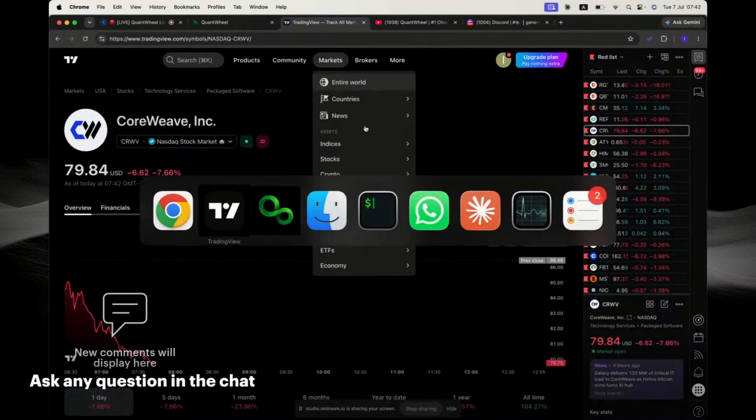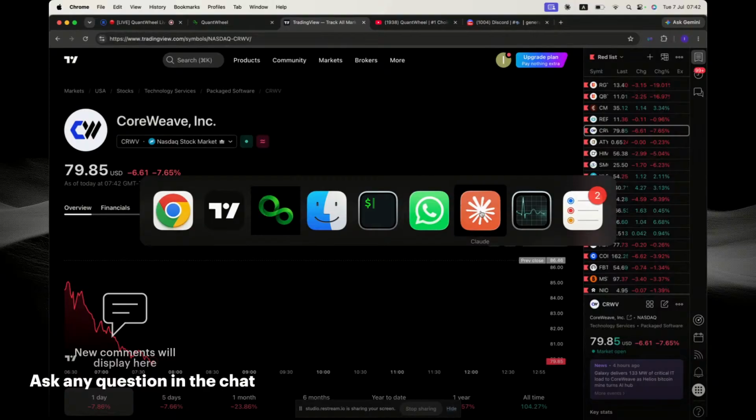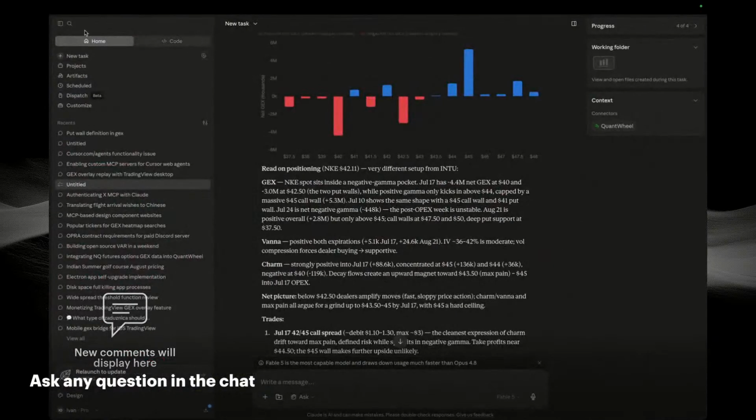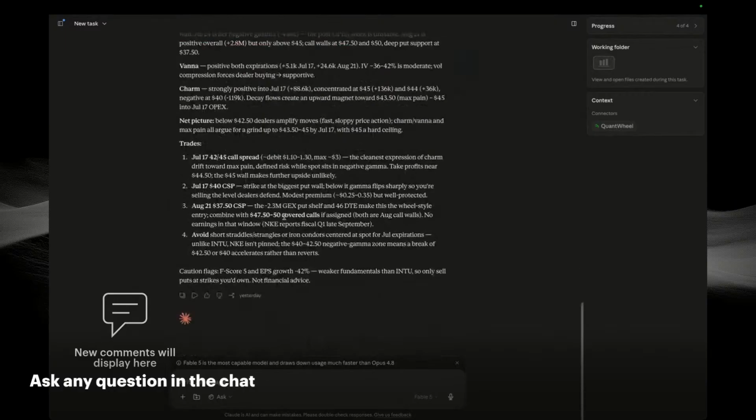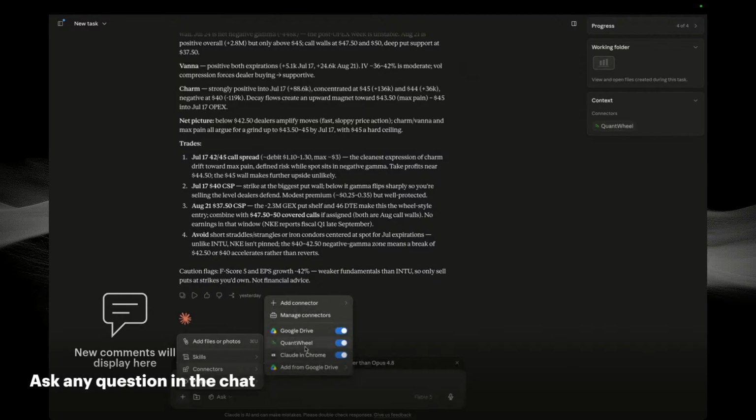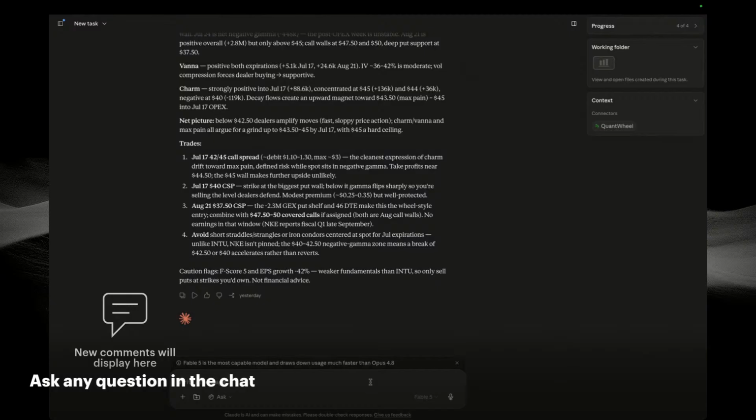Another interesting thing here is, and good news, we have updated QuantWheel with an MCP server. So if I'm trading SanDisk, I can just ask Claude or whatever tool you like, Codex or whatever AI you have, Perplexity. As you can see here in my plugins, or sorry, connectors, I do have QuantWheel enabled, and I can tell him to